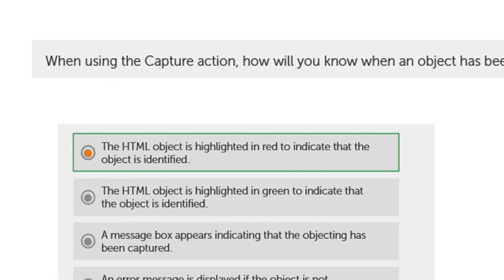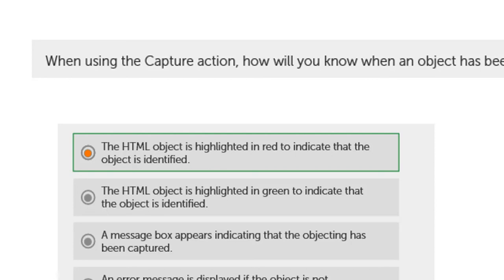So when using the capture action, how will you know when an object has been identified? Previously there was object cloning and different types of recorders like desktop recorder and screen recorder. But now, instead of object cloning, there is a new command, the universal recorder.